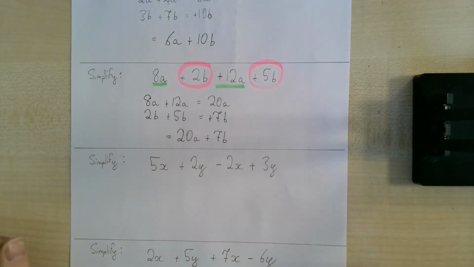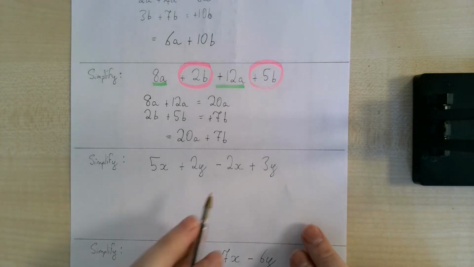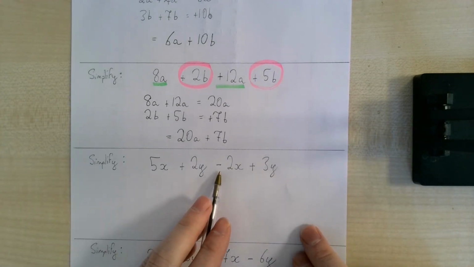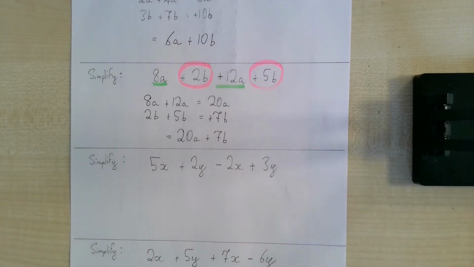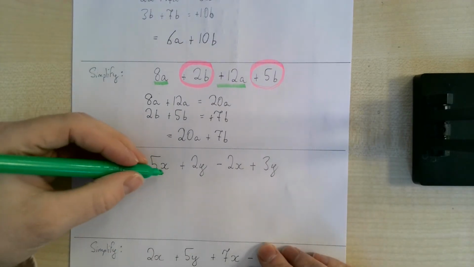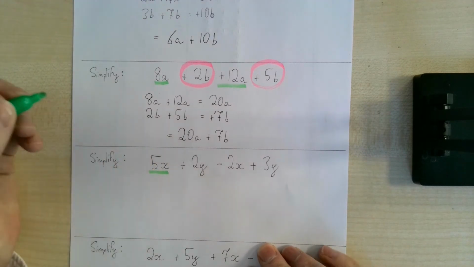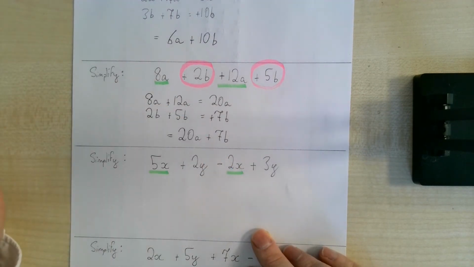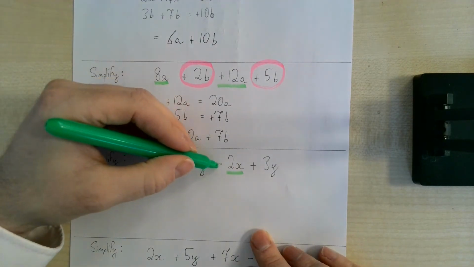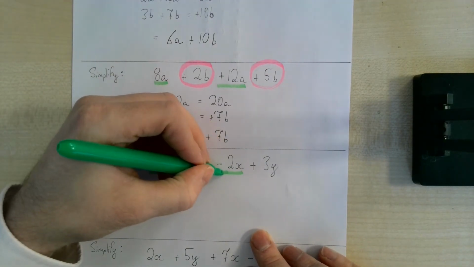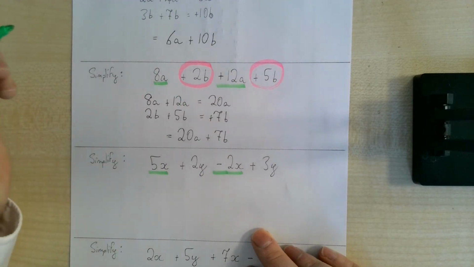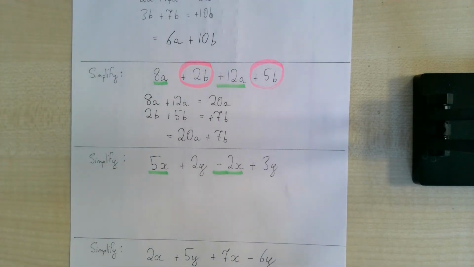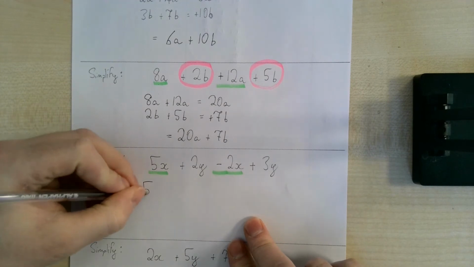Negatives look like this. So we've changed the letters, which is no big deal. We're going to follow the exact same process, but what we need to watch out for now is this negative here. So my variables, first one we've got is the x's. So I'll underline all the x's, 5 x's here, and I've got 2 x's over here. But if you remember, I said we need to include that sign as well. So it's not just 2x, it's minus 2 x's. We'll write this one down actually. So it's 5x